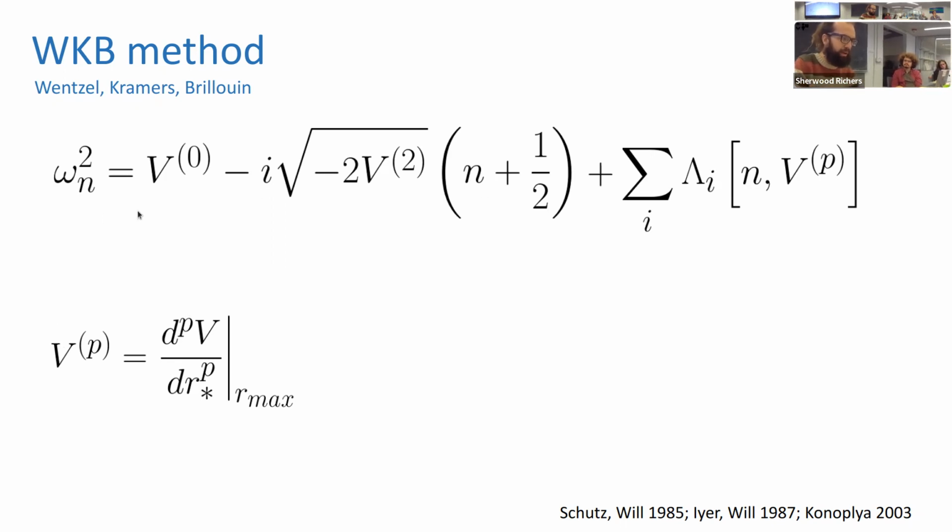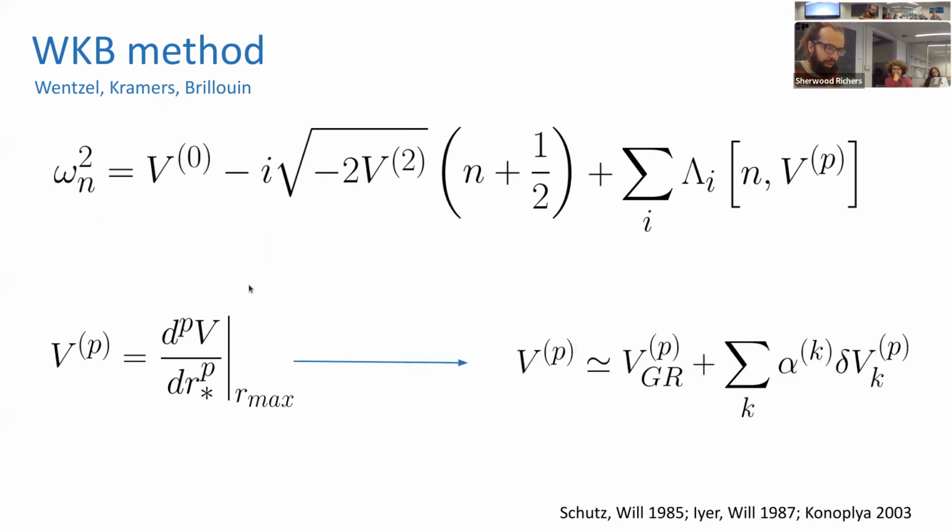The first order WKB method only has the value of the potential at the peak and its second derivative, but then you can add corrections, and each of these corrections will introduce higher and higher order derivatives of the